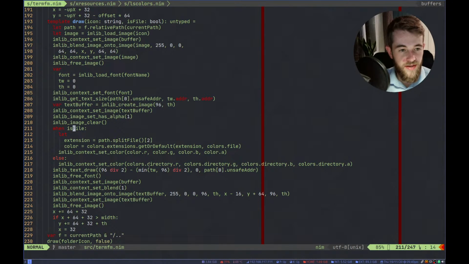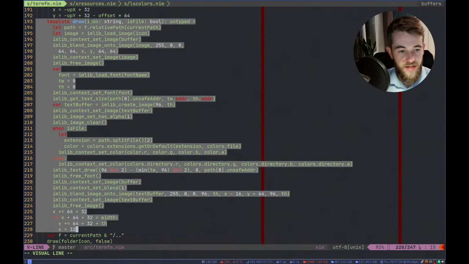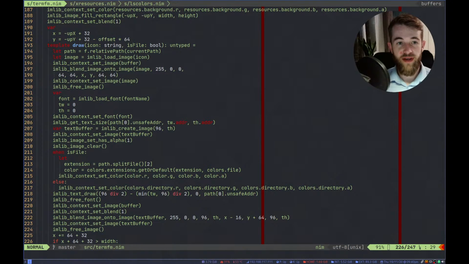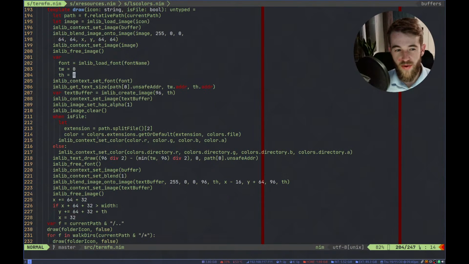So what we do currently, this is a template, this draw here. That's just a template that we call once, where we set our path and we draw the folder icon. Then we loop through all the directories in our current path, and we draw those with the folder icon and false. Then we do the same for files, but with the file icon and true. And this boolean is just isFile, because we want to do something different for files than for folders. Namely, we want to use different colors for directories than we do for